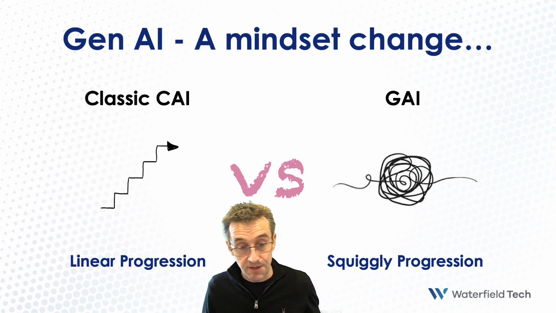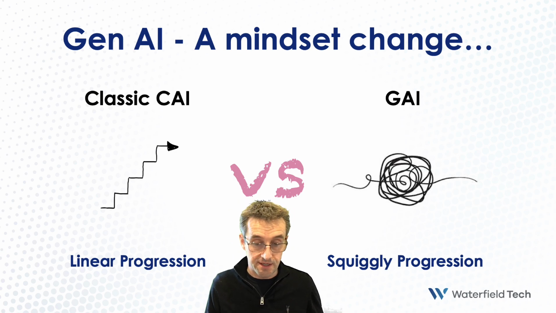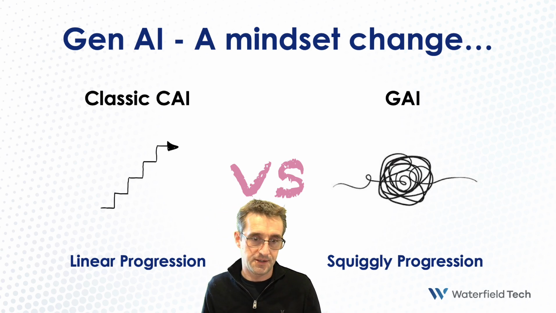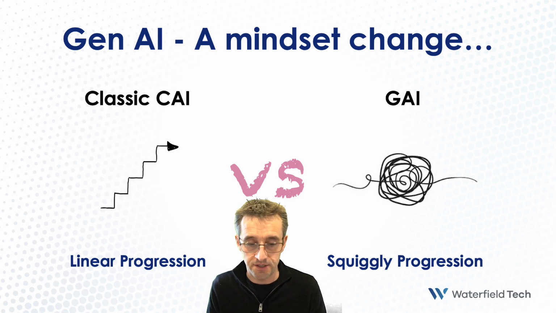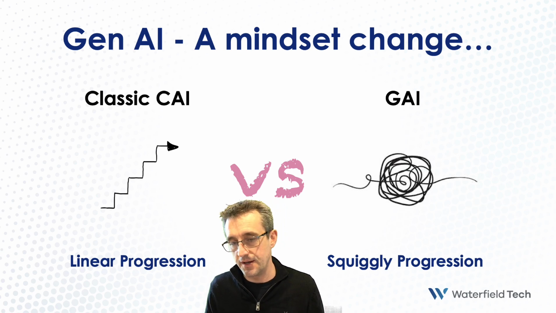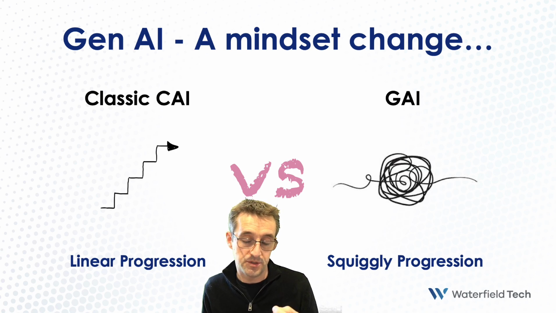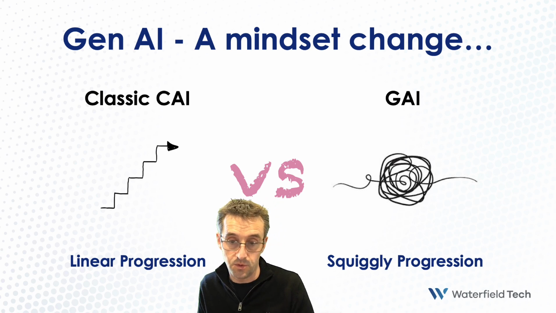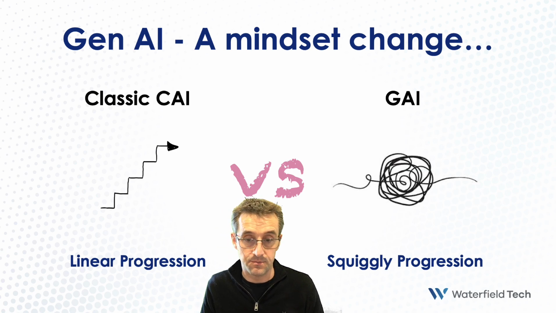But as you saw just there, we can now handle those types of situations where users have a request at any given point, and we can help them take two steps forward, one to the side. They can sprint a bit, they can even come back as well and clarify information. And this is something we call squiggly progression. And because generative AI systems are not scripted, they're actually very adept at being able to meet the user where they are and help them progress and collaborate towards this common goal. In this case, it's making a reschedule.